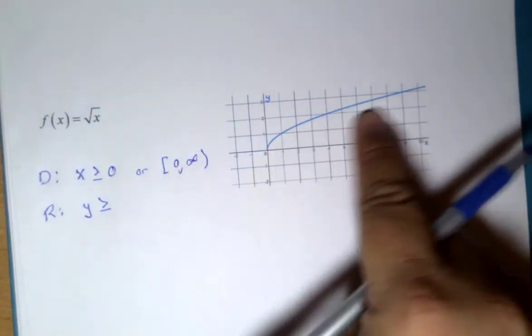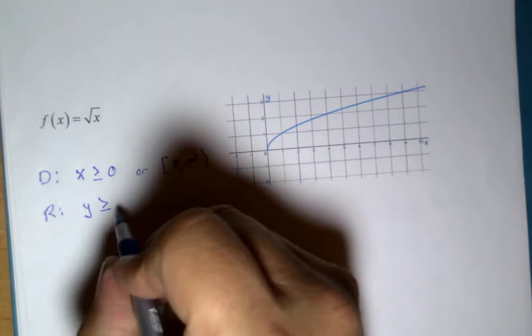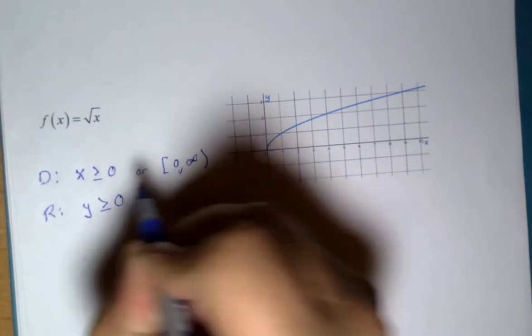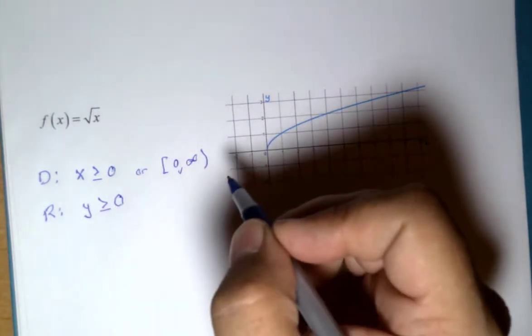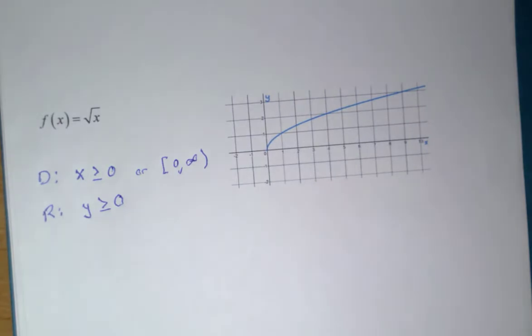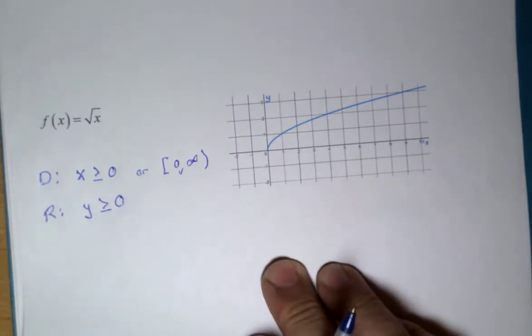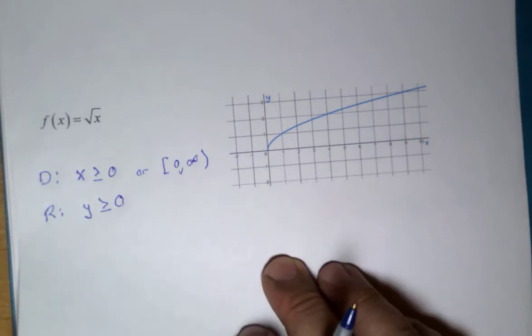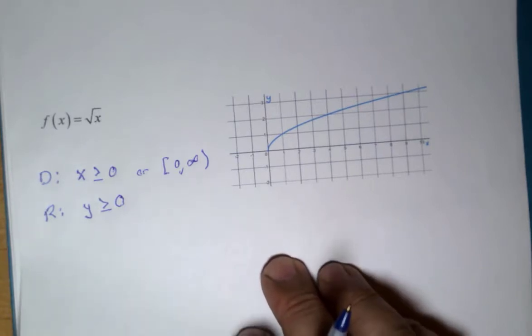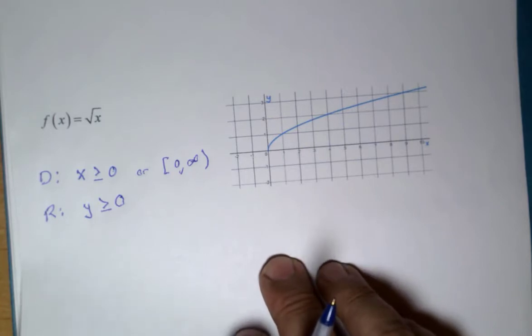It may not go up as quickly as it goes to the right, but the y values can be any real number greater than or equal to 0. So there's your domain and range of the square root function. Now, again, if you're studying these functions from scratch in an earlier algebra course, you'd spend a lot more time on this concept. I'm just sort of putting some key facts out into play again that you will need oftentimes in a variety of calculus situations. Next,